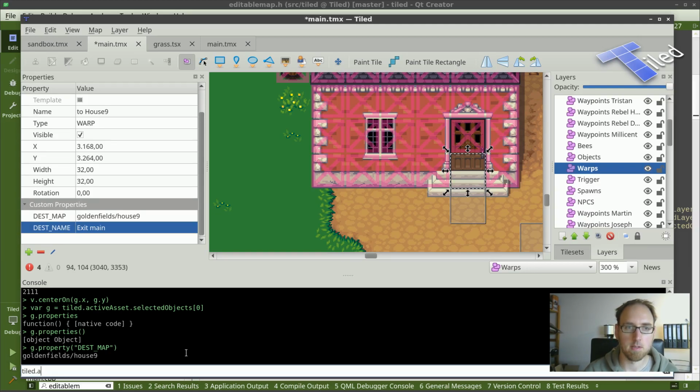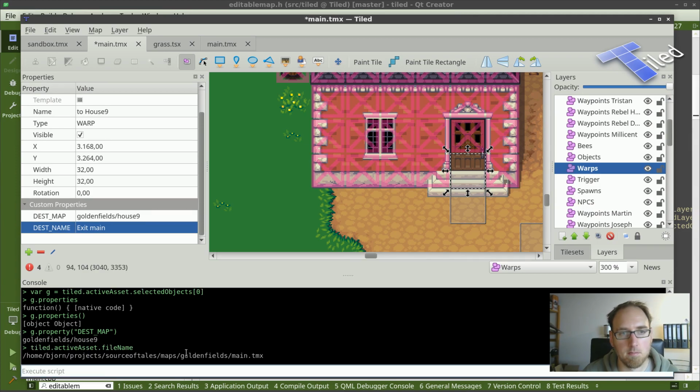So active asset file name. If I could somehow find out, yeah, this is a bit tricky because this property is not a file property. It's actually just a string, and I would need to know that I can resolve that relative to the maps directory. So I would need to do something like